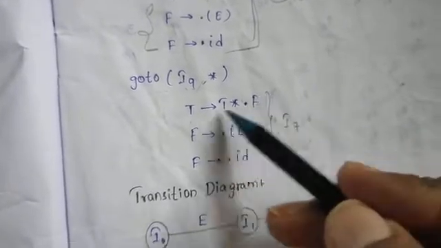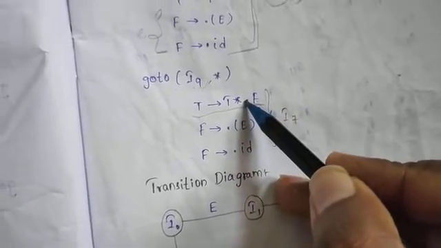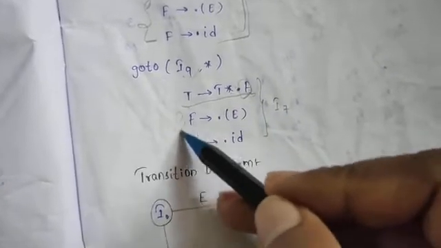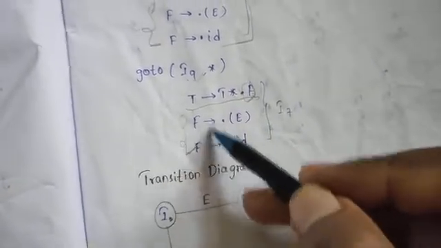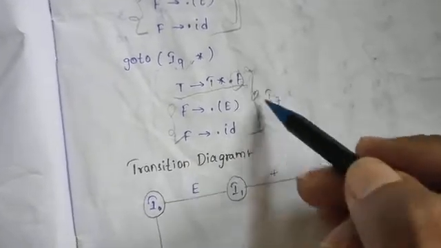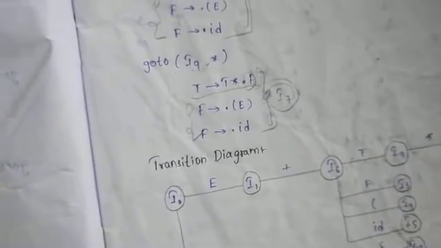After completion of this one, you get only this statement. So here we are observing the dot will be followed by capital F. For that reason we'll place the F related productions here. So place these two strings and consider these three as one state. Then before numbering this one, we'll check with